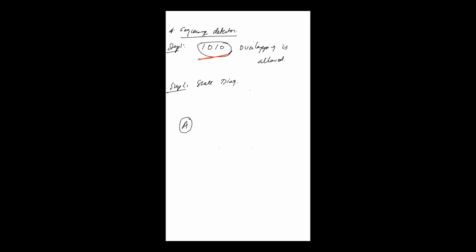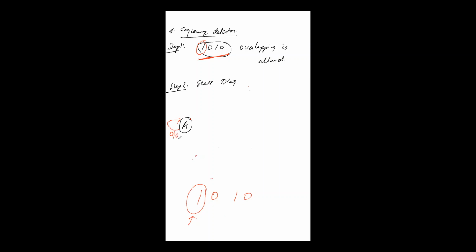So the first bit that you have to detect here, you can see, is 1. Again, I will write it: 1 0 1 0. The first bit that you have to detect, if you are starting from MSB, is 1. So until and unless, suppose you are at state A, until and unless you are getting 1, you cannot move forward, right? If you are getting 0, you will remain at A and you will wait for 1. If you are getting input 0, you will remain at A and the output will be 0.